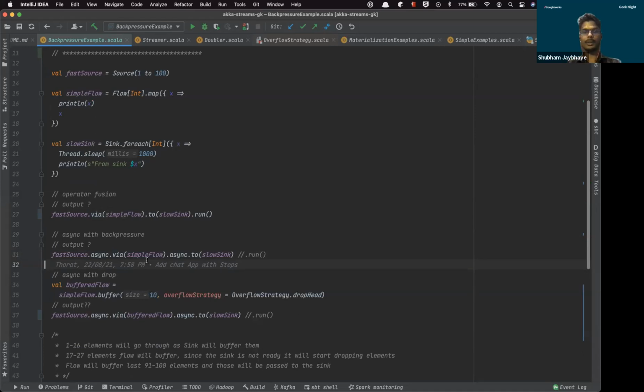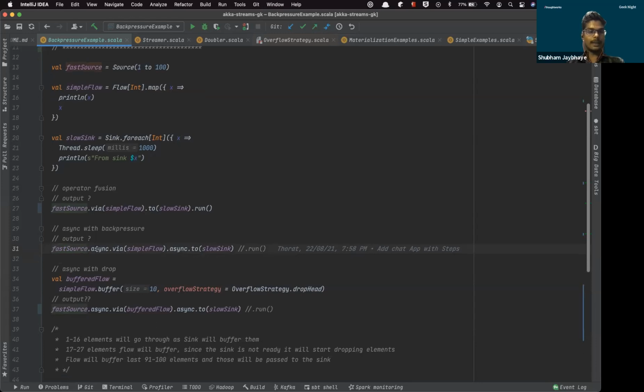That's a whole different topic. But for understanding's sake, let's understand it as threads. So we introduce an operation called async. What it will do is separate the execution of the two. We have a source executing in a different thread, and then we have a flow which will execute in a